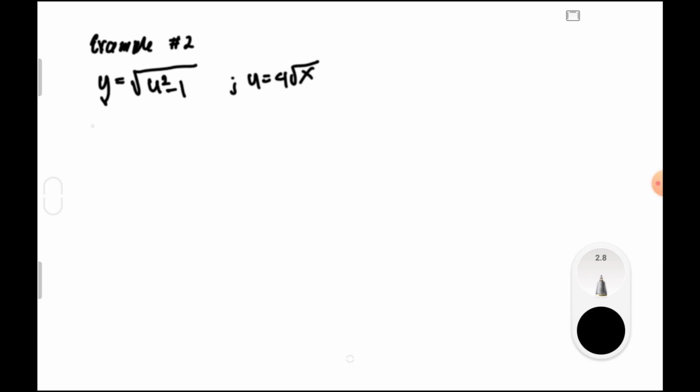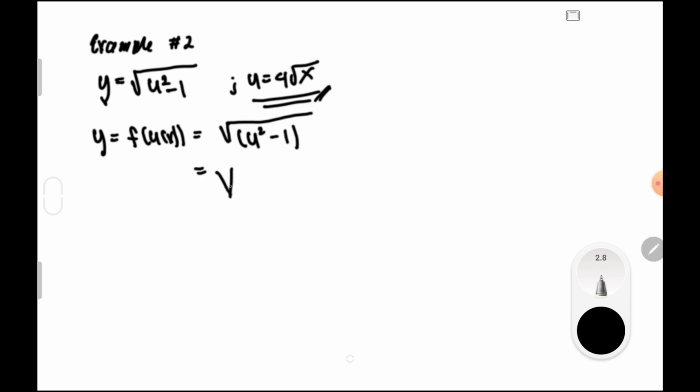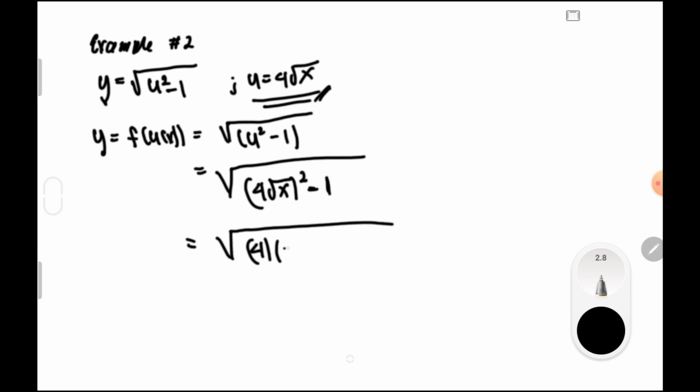How about if we would use our first proposition, wherein our y is equal to, substituting the value here, f of u of x, which is equal to the square root of our u squared minus 1, which can be written as the square root of 4 square root of x squared minus 1. So we'll have a value equal to the square root of 4 squared multiplied by square root of x squared, which is equal to the square root of